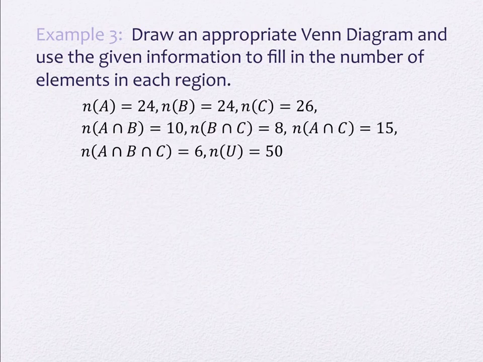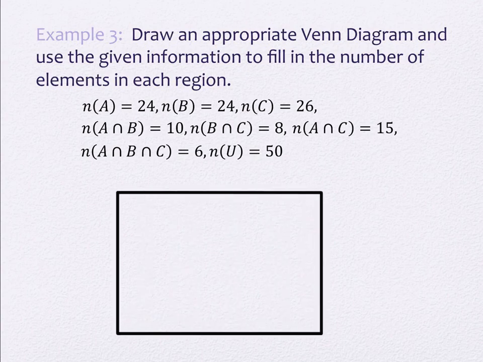So we're going to take a look at these in terms of cardinalities. What these are actually telling you now, notice, is that they have that little N in front of them. Do you see each one that's listed here? The N in front means the number of objects, elements, whatever, that are inside of the region it's describing. So this one does describe 3 circles because I have set A, set B, and set C all described in the notation here. So I am going to draw my Venn diagram with 3